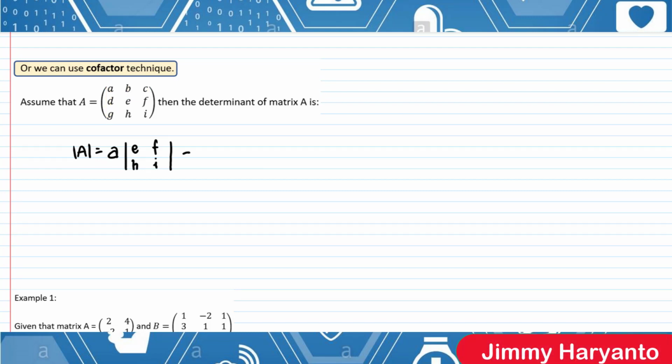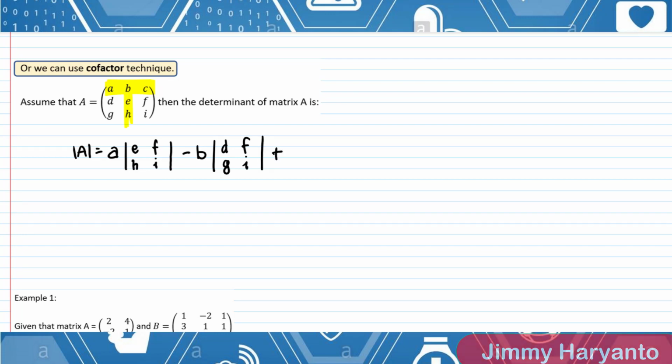So if you choose A as your first element, that means you have to choose B as your second element. Yeah, go to the right. So when you choose B, you have to highlight all of the column and all of the row of the B. That means you have to times B with the elements that are not highlighted, which is D, F, G, I. And then the last one is plus.